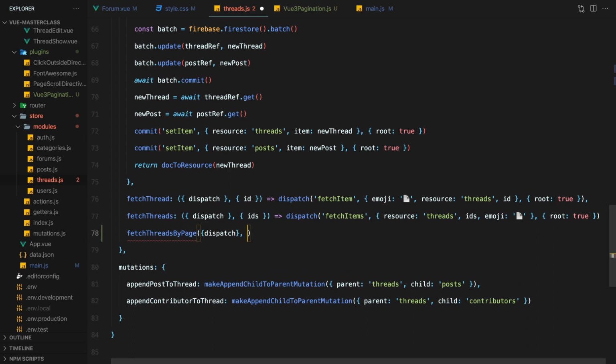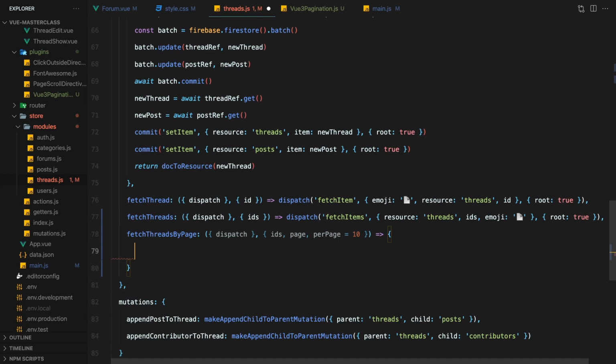And it's going to take in the thread IDs on the forum, the page number, and how many threads should be on each page. We can just default it to 10.